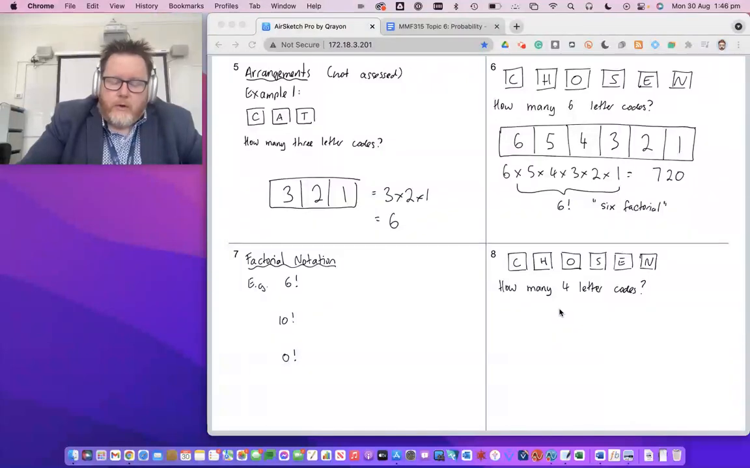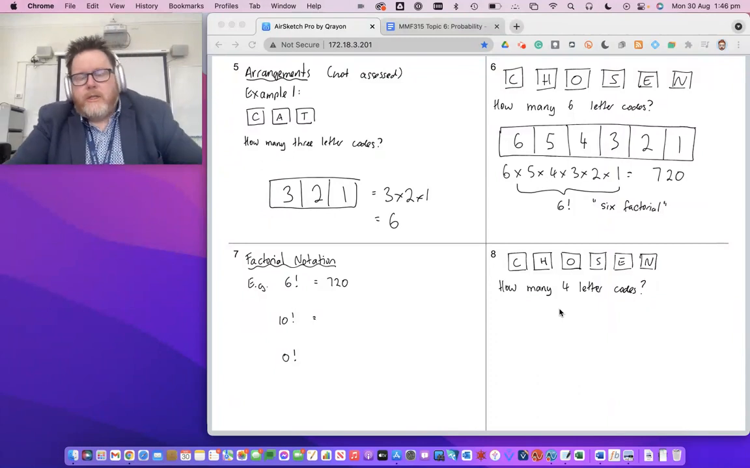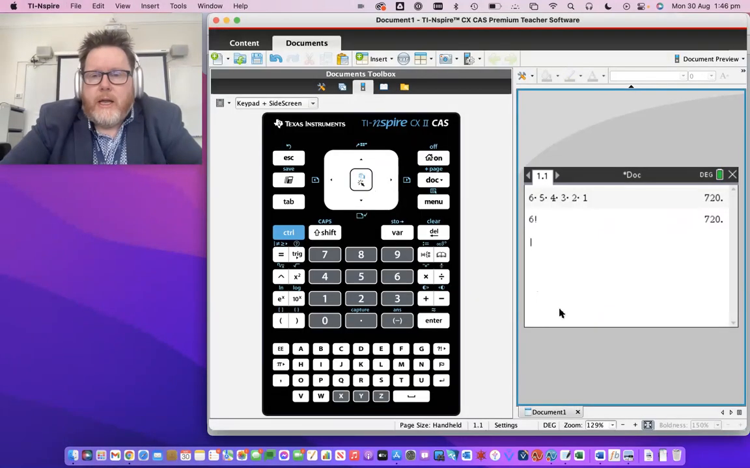So we've got 6 factorial here, which we can just simply write as 720 from our calculator. 10 factorial and 0 factorial. Pause the video, try these out, and then come back. Okay, so 10 factorial, you can just use your calculator for again. 10 factorial like so. And you get this number,